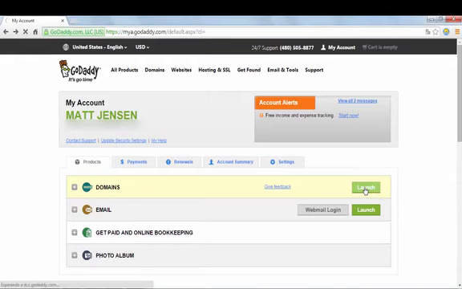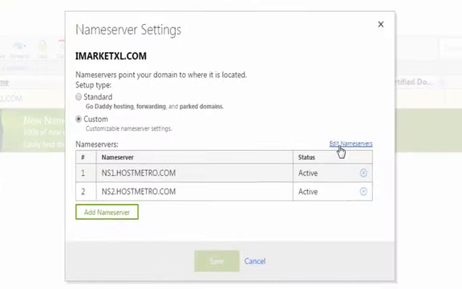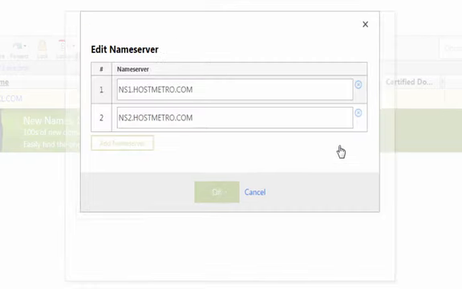So if you just click launch when you open up your dashboard for GoDaddy next to your website, you'll see a list of the domain names you've bought here. And if you click on it, put a little check next to it, you'll see all the options at the top light up, and you just click here and go down to servers. You're going to see your current host in there, but if you go to the top right and you click Edit Name Servers,